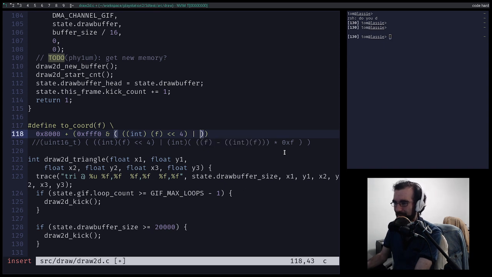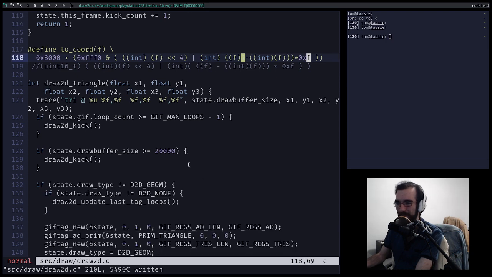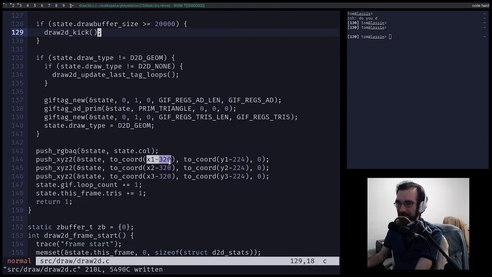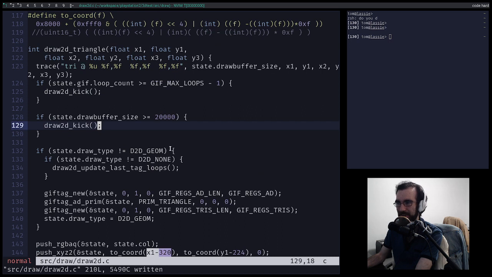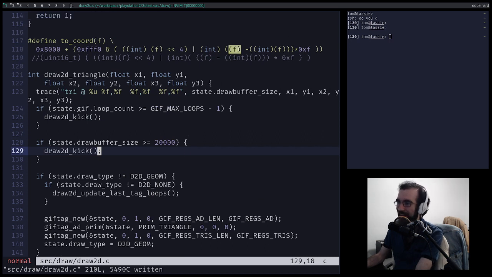This should be fine. Do we cast to an int? We cast to an int because, just overcast, it'll be good. Int f. We wrap this in a lot of brackets. A lot of brackets going on here, because this is a macro, and we have an expression like this, right? x1 minus 320. So when you expand this,